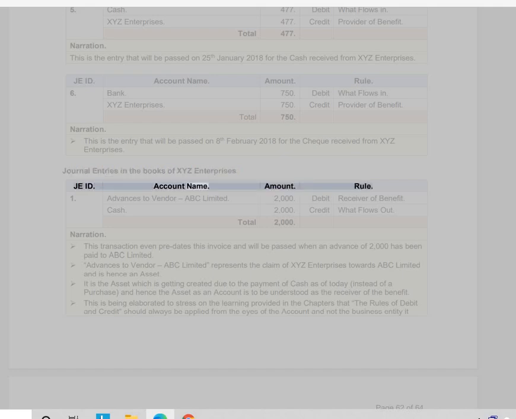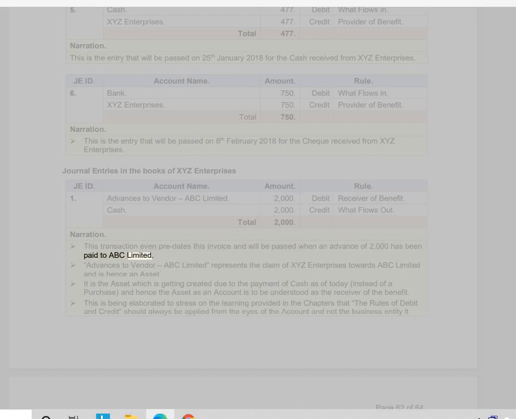JEID, account name, amount, rule. 1. Advances to vendor, ABC Limited, 2,000, debit, receiver of benefit. Cash, 2,000, credit, what flows out. Total 2,000. Narration: This transaction even predates this invoice, and will be passed when an advance of 2,000 has been